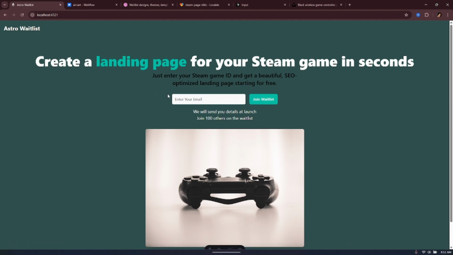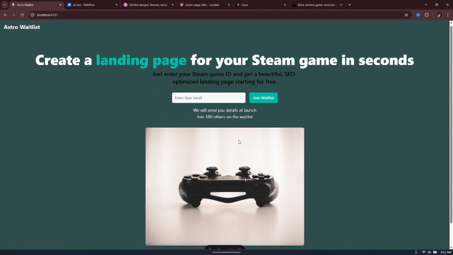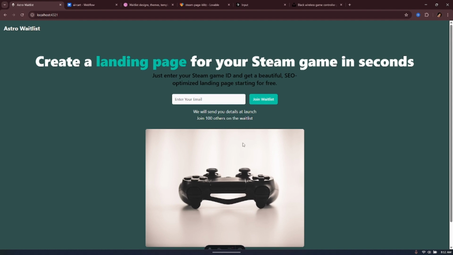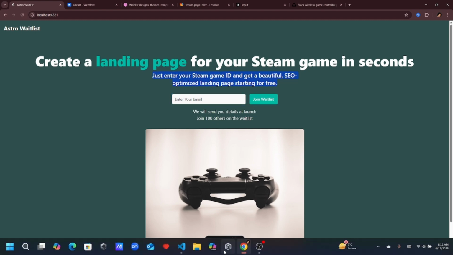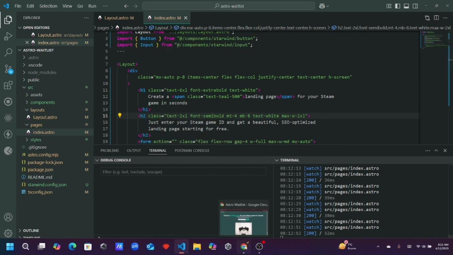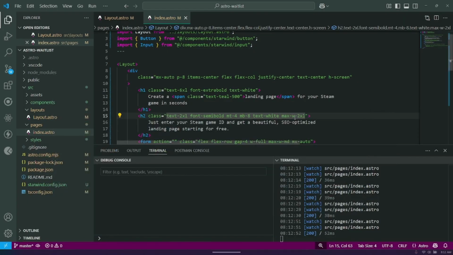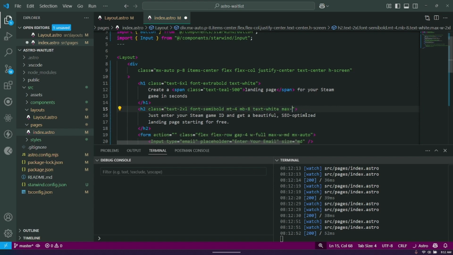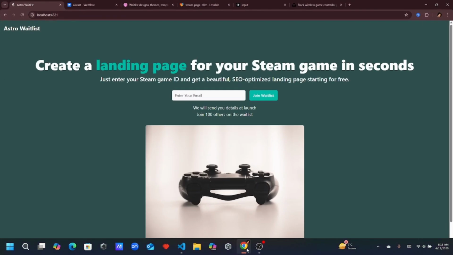And there we go. So we've got waitlist. Obviously we've got an image. And we've got this join waitlist button. I think this needs to be white as well. Yeah. I'm not going to have a max width. Okay. Alright, so now we need